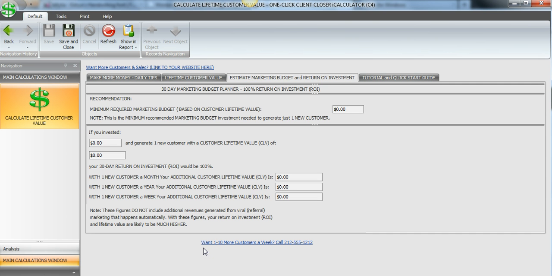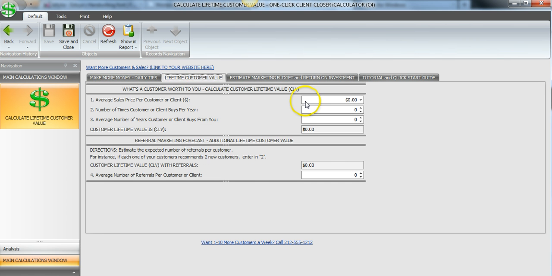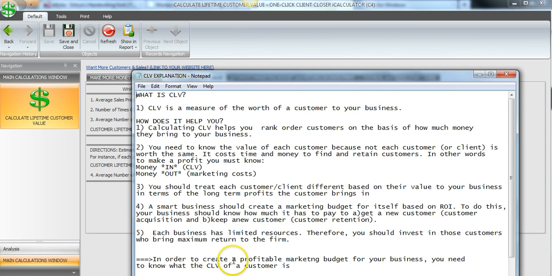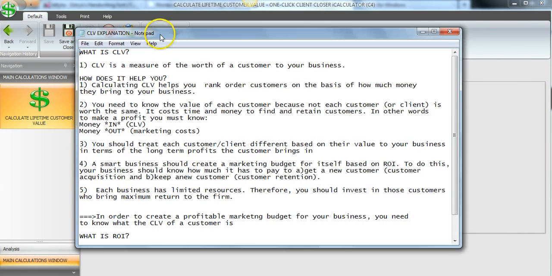Now in this first window, we just have to enter a few fields. And by doing that, let me click here, all we have to do is enter in 1, 2, 3, 4 bits of information. And what we're going to do is produce a very powerful and helpful calculation of customer lifetime value. In order to do this yourself, calculate the customer lifetime value and the referral value of each customer to your firm, you have to have a fair amount of time invested, but we can quickly and easily do it ourselves. Before we begin, however, we're going to walk through some of the basics of customer lifetime